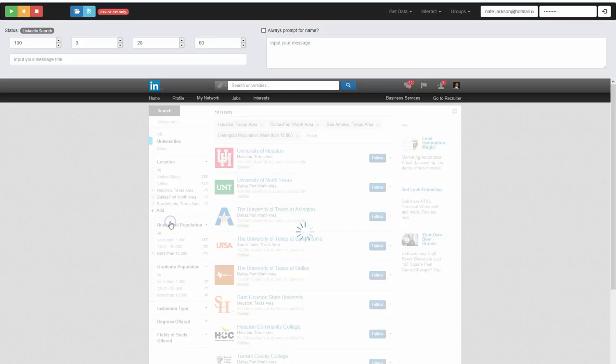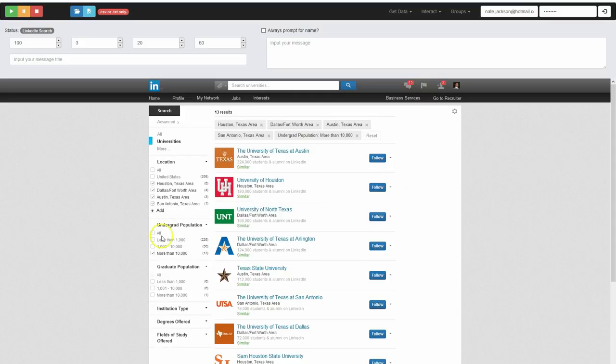Texas. All right, so we have 13 results of universities in Texas with more than 10,000 students. So that's a good way to filter down some data. It should be 2 pages of results. So